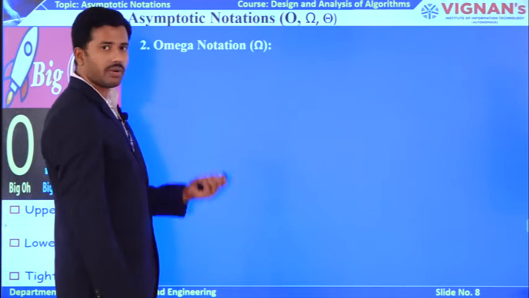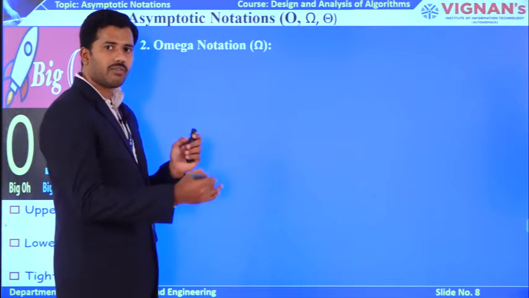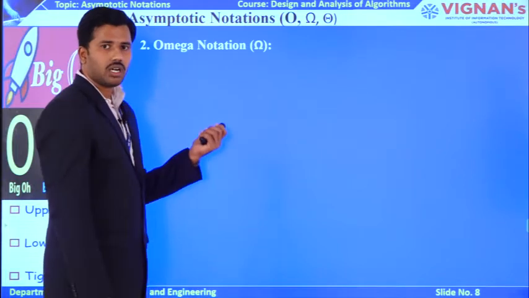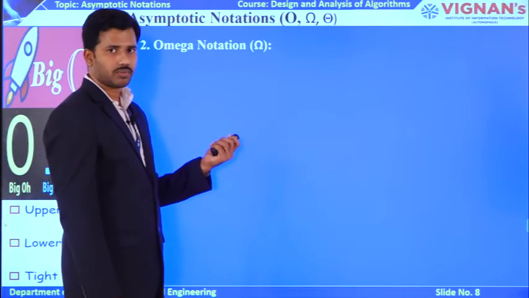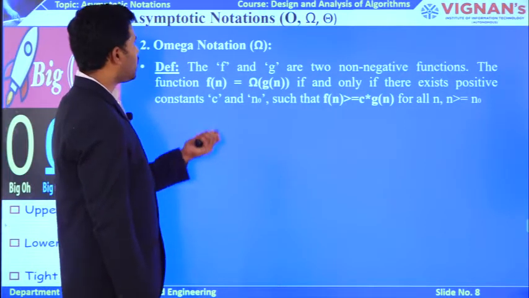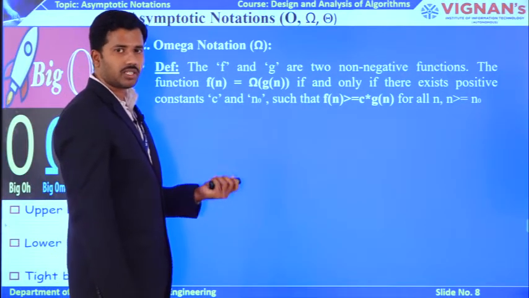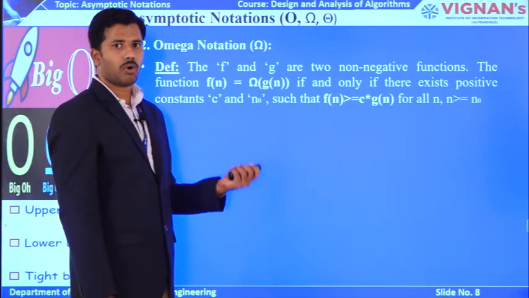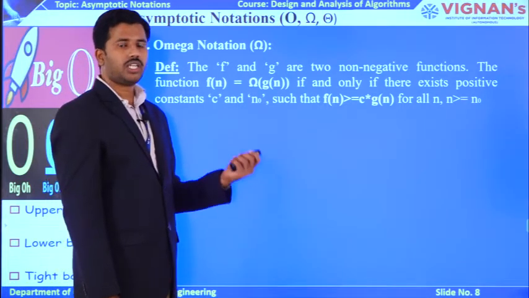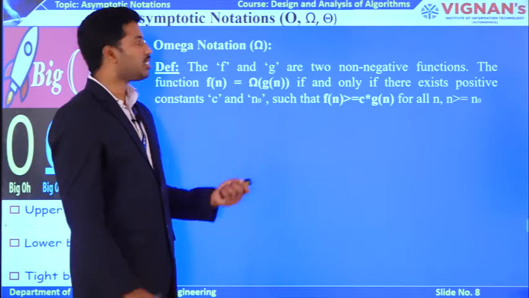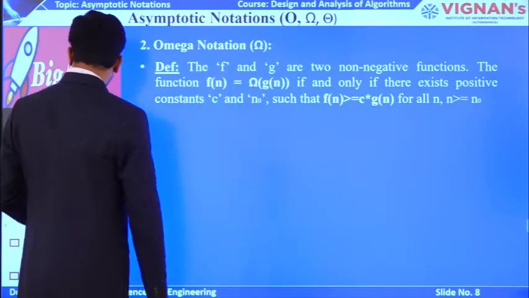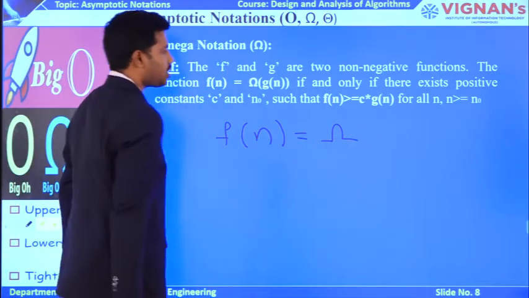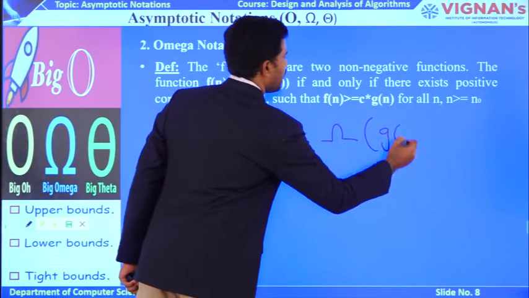Now, we are going to discuss omega. It is simply the reverse of your worst case. Why? Because omega denotes best cases. So, like big O, here also I am going to take two functions, function f as well as function g. Both are positive functions, and these two functions have a relation with omega such that f of n has a relation with omega with g of n.